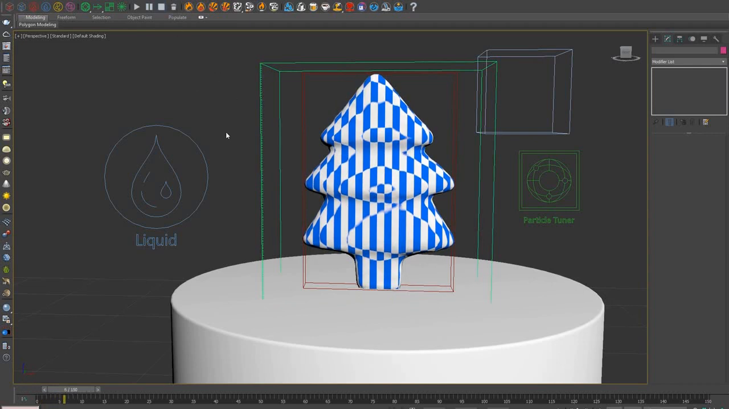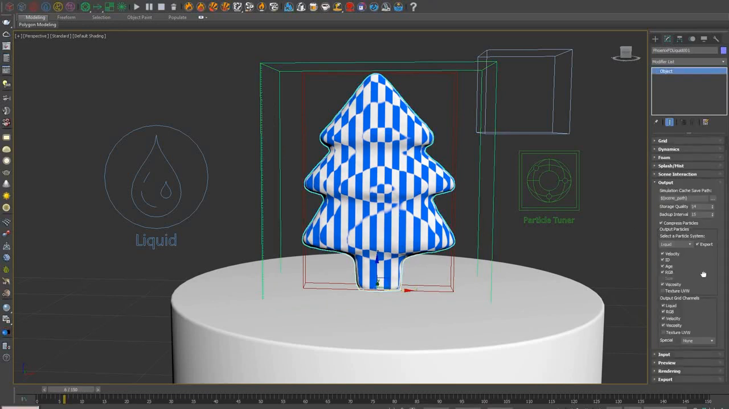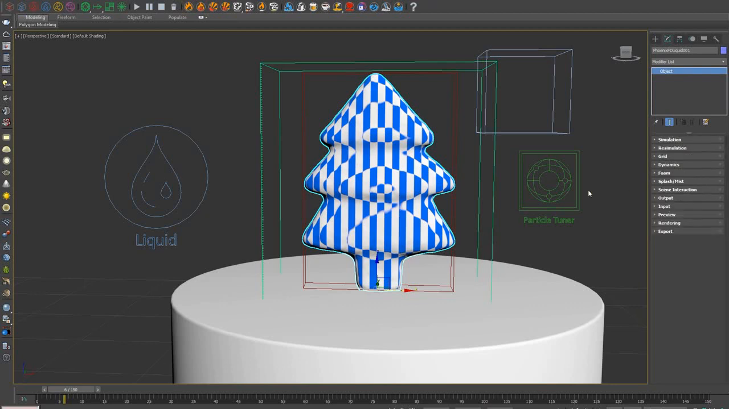So in order to fix that, we can use the newly introduced in Phoenix 4 Texture UVW channel. So let's select our simulator and go into the output rollout. Then make sure to turn on the texture UVW channel for both the particles and the grid. And then in the liquid source,